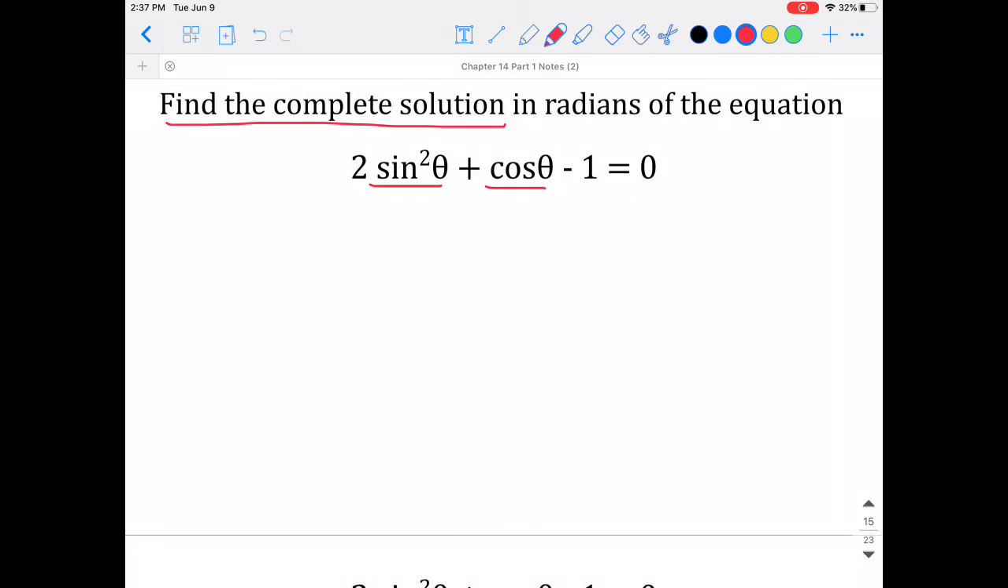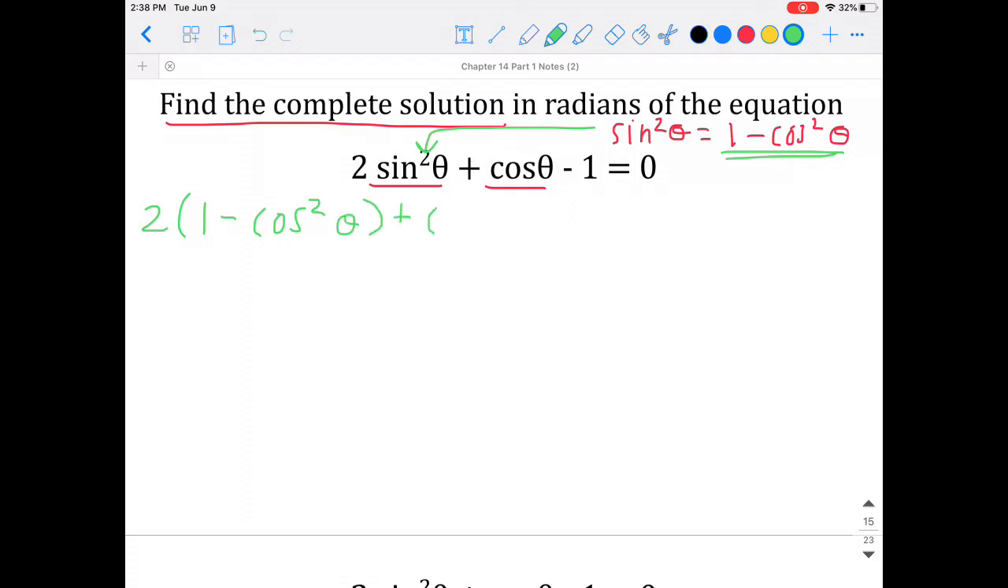So cosine theta we can't really convert, but sine squared theta we can convert, because we know from our Pythagorean identities that sine squared theta is equal to 1 minus cosine squared theta. So all we're going to do to convert is substitute 1 minus cosine squared theta for sine squared theta. And when we do that, we're left with 2 times 1 minus cosine squared theta plus cosine theta minus 1 equals